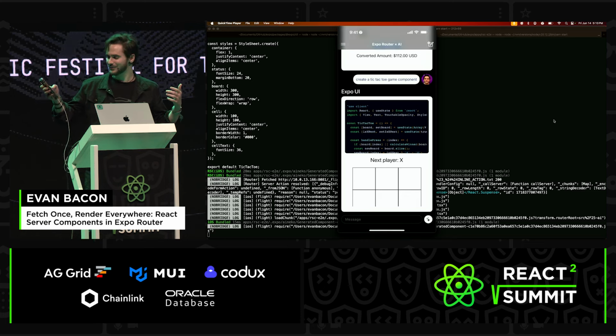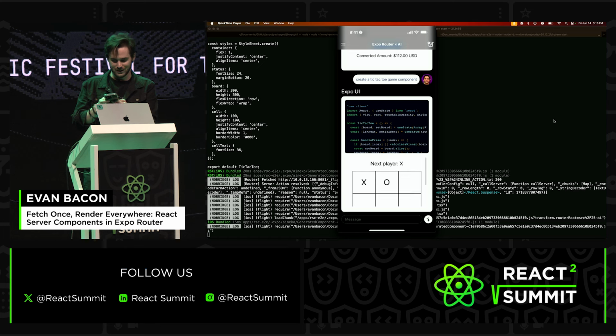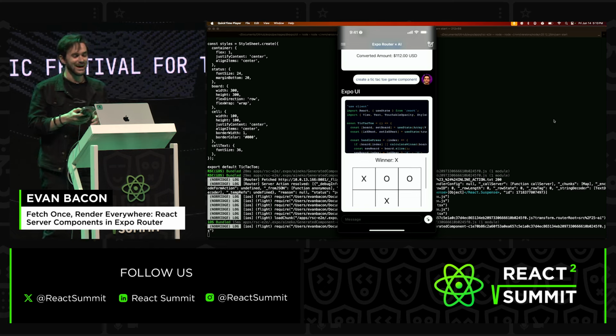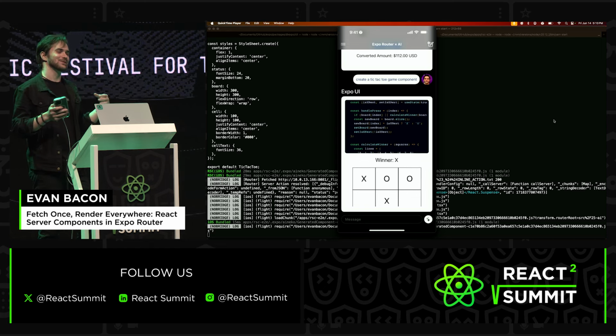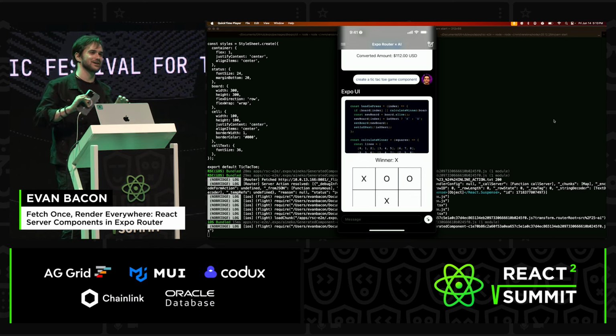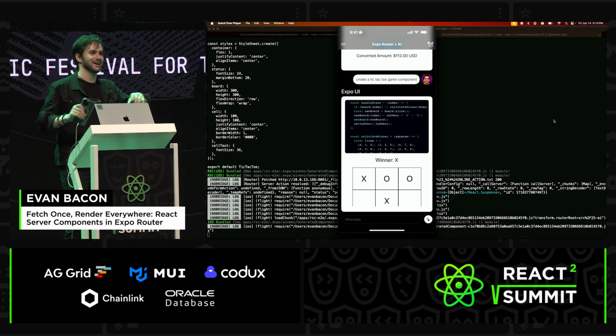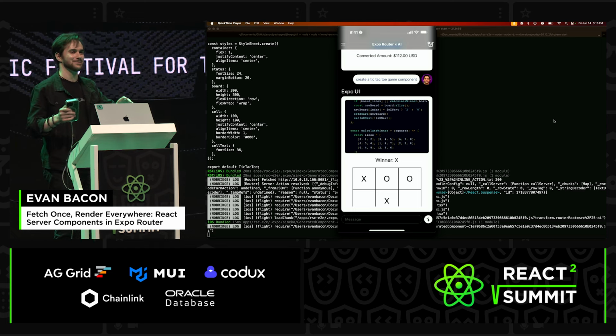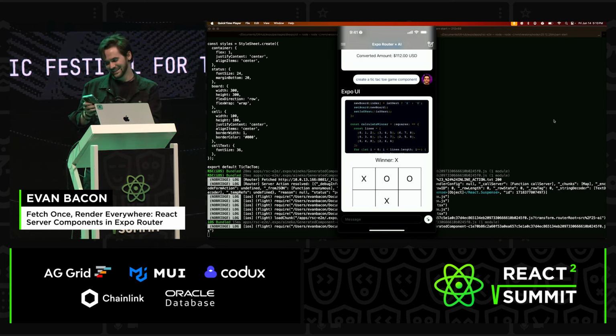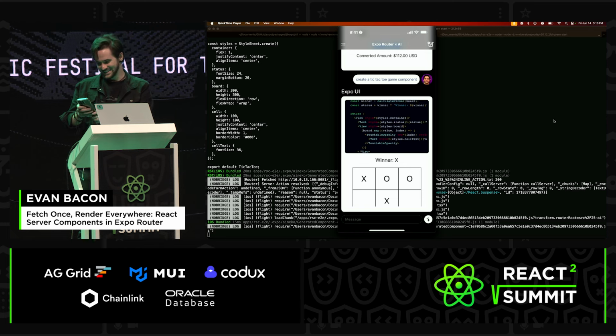Let's go next player. Oh, okay, it has the whole switching in there. Let's just try to win quickly. X, winner, X. This is pretty sweet for me personally because when I did my first interview at a FANG company, they asked me to implement a tic-tac-toe game in Swift, and here it just did it automatically. So